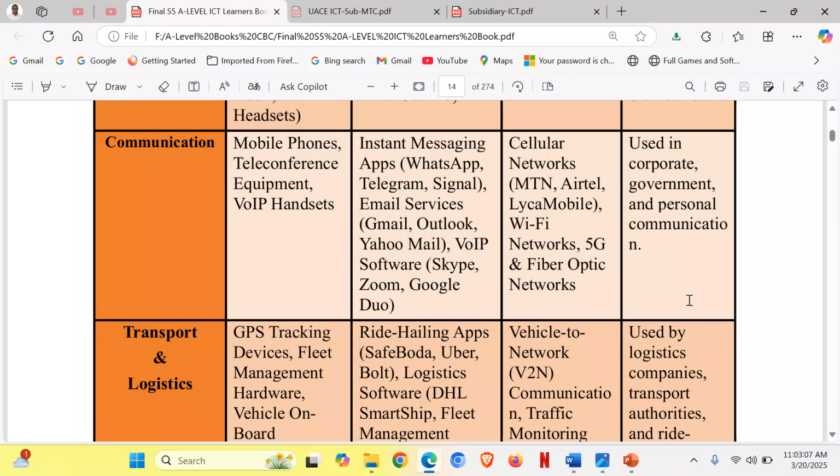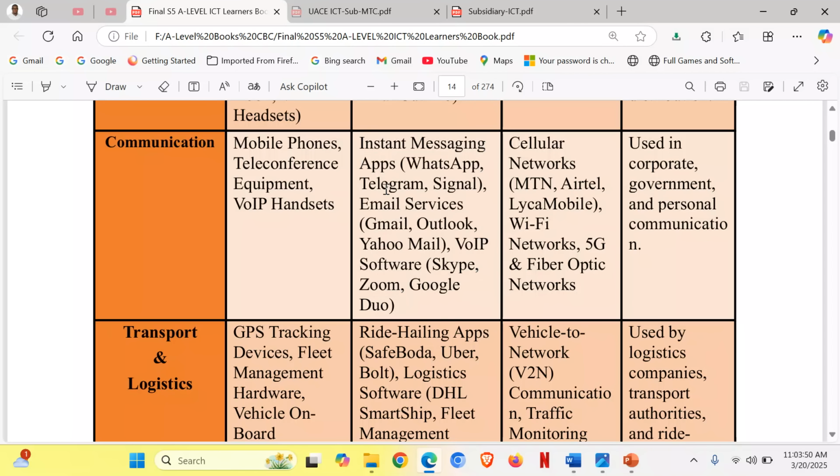Let's look at communication. In communication, we have ICT hardware tools like mobile phones, teleconference equipment, voice over internet, VoIP headsets, etc. Then we also have software ICT tools like instant messaging apps, including WhatsApp, Telegram, Signal, etc. We have email services like Gmail, Outlook, Yahoo. We also have VoIP services like Skype, Zoom, Google Duo,